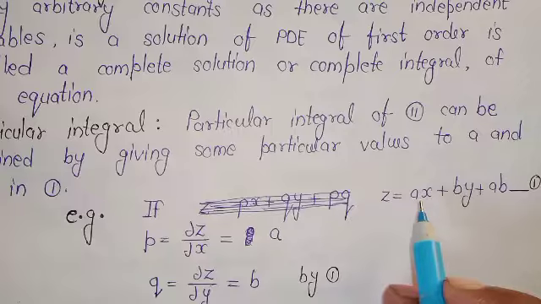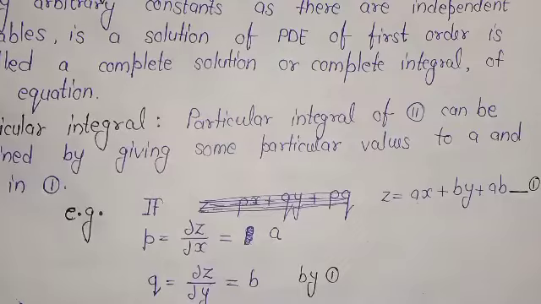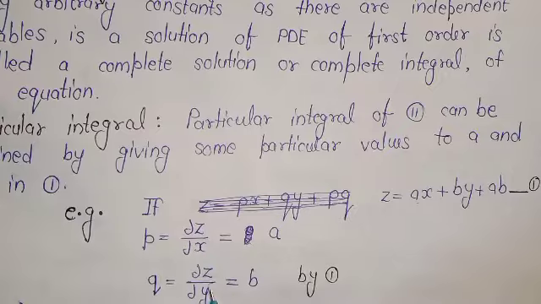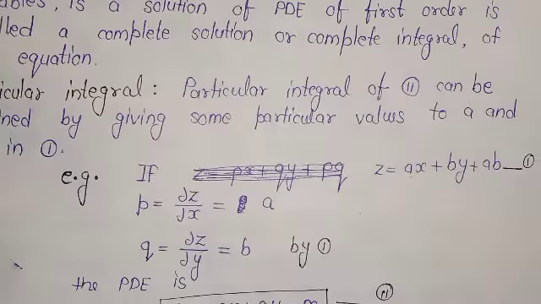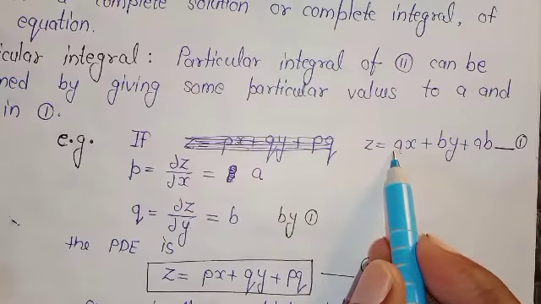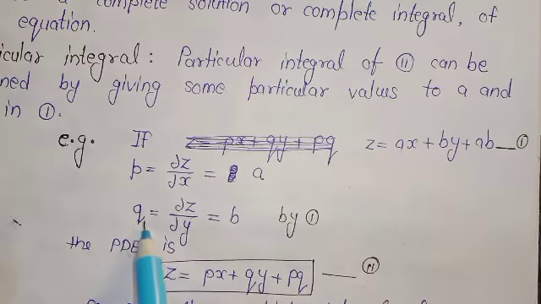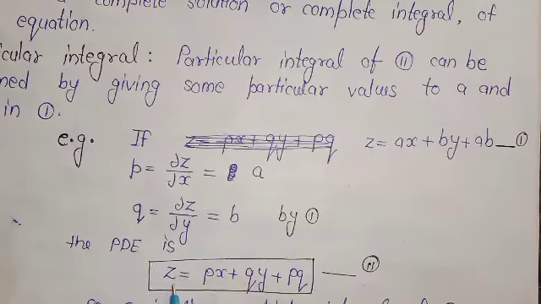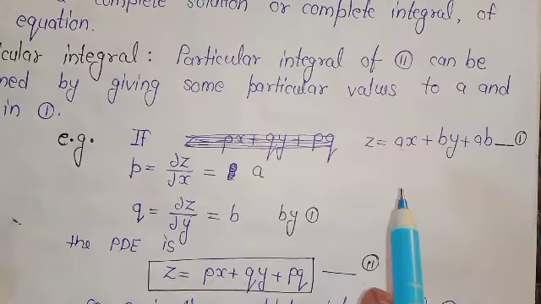And if I again differentiate it with respect to y, since I told you how to form a PDE from a given equation, firstly we have to differentiate it with respect to x and then with respect to y, and then we try to eliminate the arbitrary constants a and b from these three equations. So the PDE that is formed has p = a. We put in this equation a = p, so we get z = px, and b = q, since we are getting q as b, so qy, and in the place of ab we put pq. So z = px + qy + pq is the complete integral for the given equation.